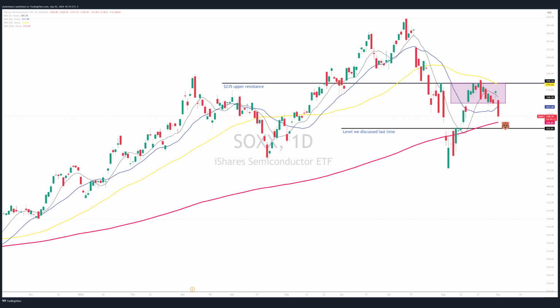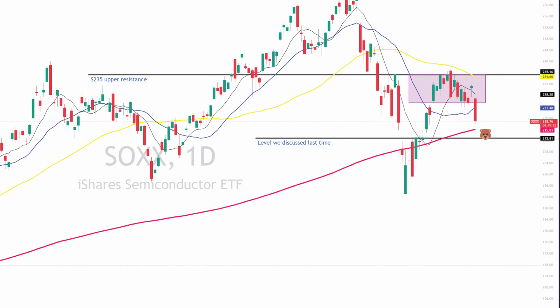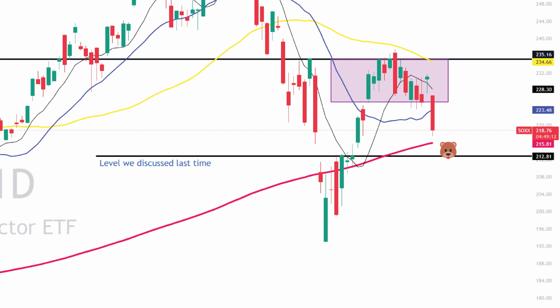So what's represented in this graph, if you'll notice, the first key level is 235. That's an upward resistance. So every time the green or red candles get towards that 235 level, we expect it to bounce its head off of that number several times before ever going through, if it does get through. At this price where they are so expensive, we really didn't expect it to get through. Now you'll look, the level we discussed last time, I showed you down below, where the SOX was testing the 200-day moving average, which is your red line here.